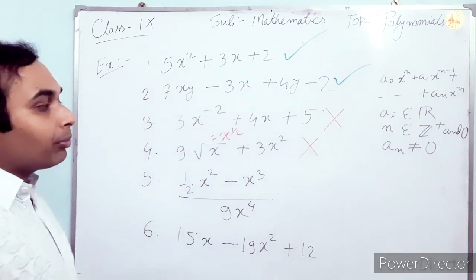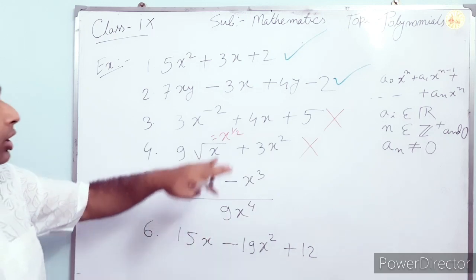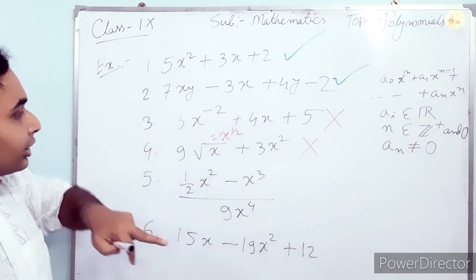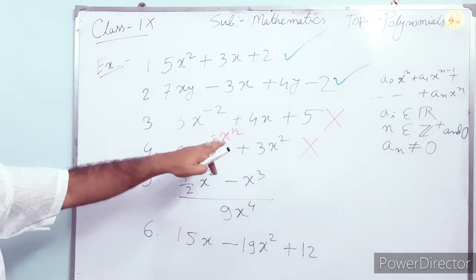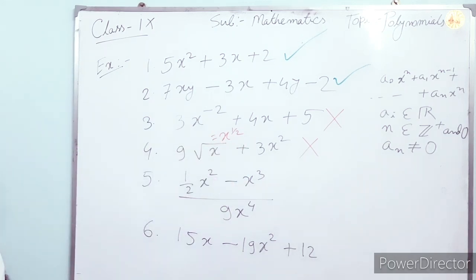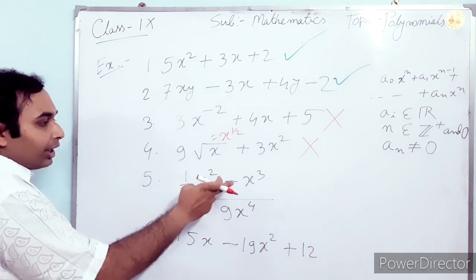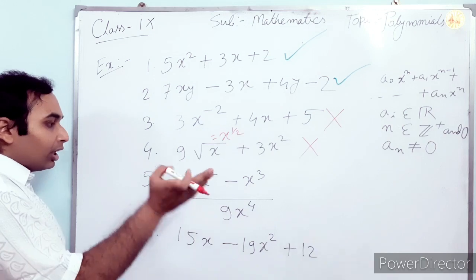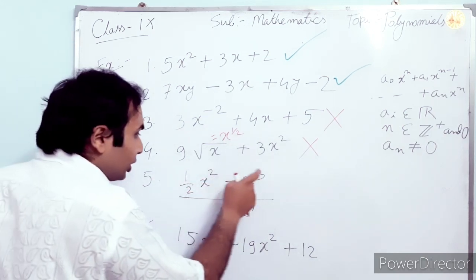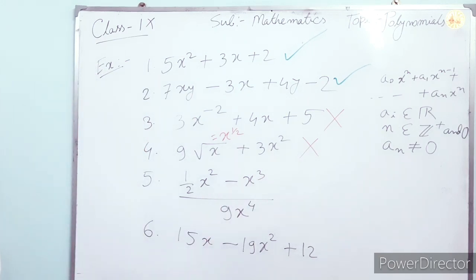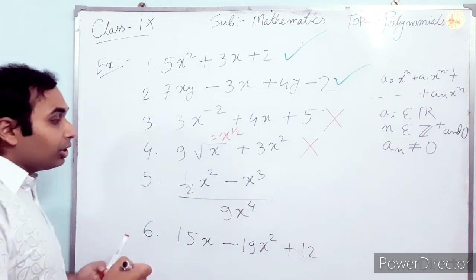Actually those types of things will not be polynomials. Whenever you see in any algebraic expression negative indices, or the root sign under the radical, obviously those will not be polynomials. This one, here all those things are there. Half is there, that is a real number. Here those are also positive. Those things are positive. But what the main thing is coming here, when the result is coming.